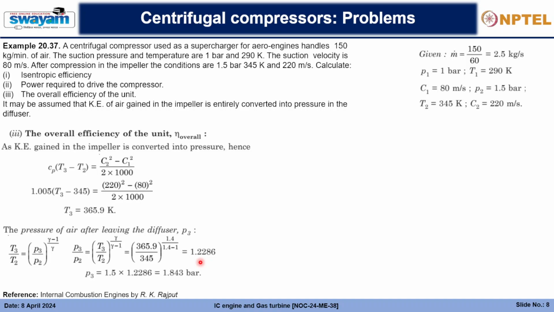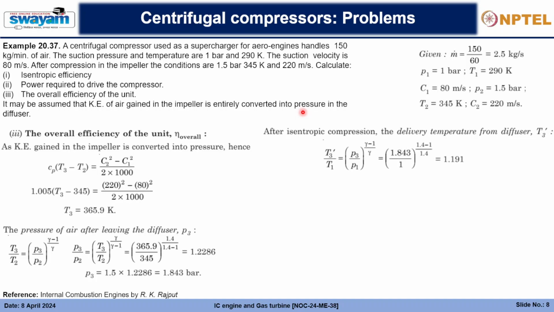pressure after the diffuser. So that is the pressure of the air coming out of the centrifugal compressor. So that is P3. Next, after isentropic compression, the delivery temperature from the diffuser is T3 dash. So we'll have to use